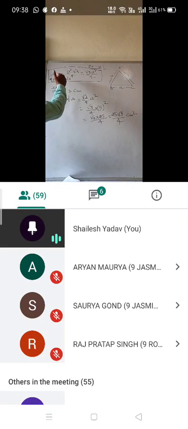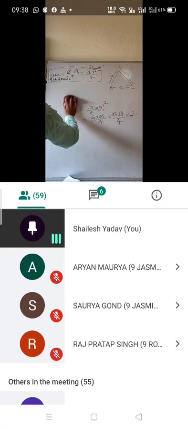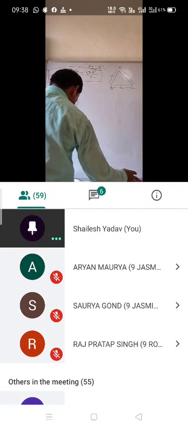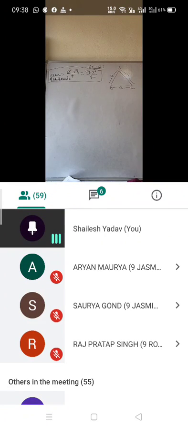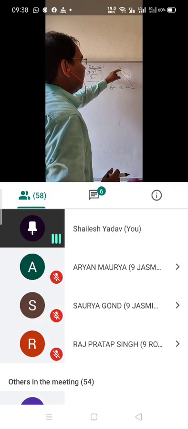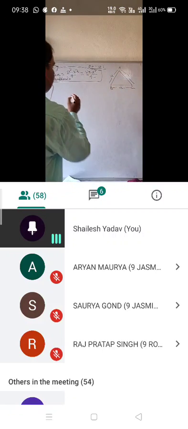Now if anyone has a problem regarding that formula, the reason is that this formula will be used in the questions to find the area of the equilateral triangle. Now students, in the same question it is given to find the area of the signal board using Heron's formula, which I had found here. Now in the next part of the question, it is asked that the perimeter of the triangle is 180 centimeter.